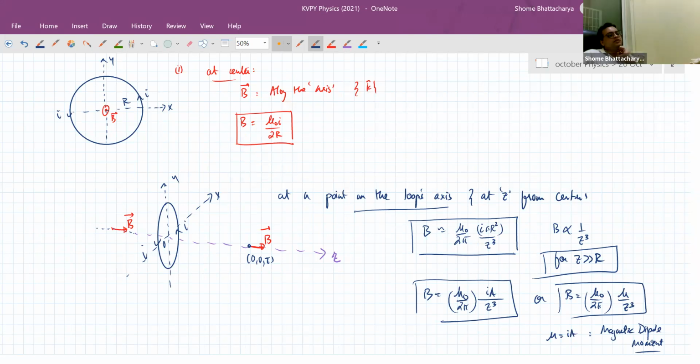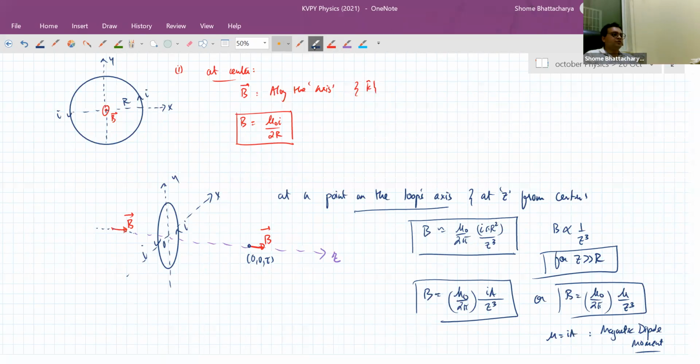So once again, when we see all this in class 12th in detail at JEE level, these formulae will all be derived from the fundamental law, which is called Biot-Savart's law. I'm coming to that. But the derivations are not something important for us here at KVPY level. We just need to know a couple of formulae.